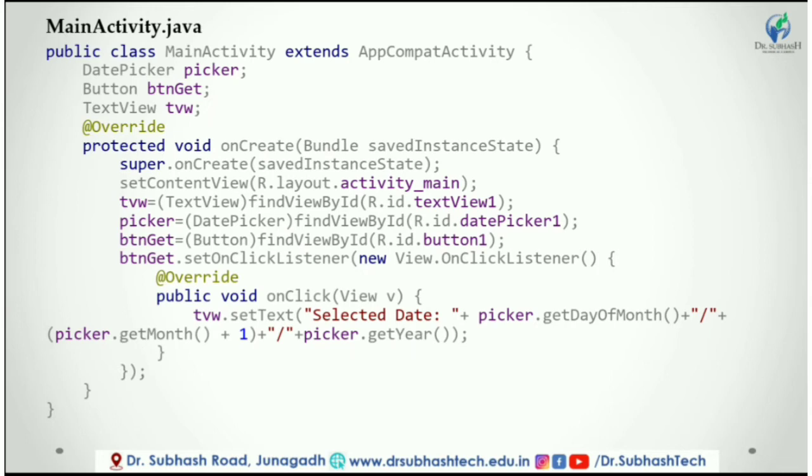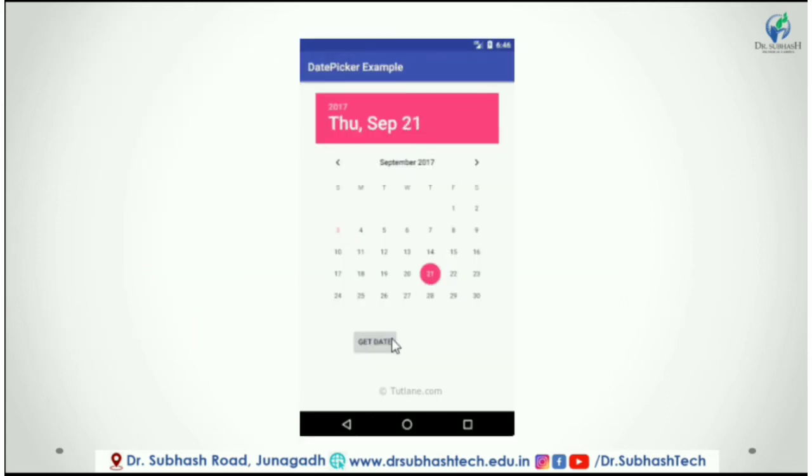And the button's click event contains the methods getDayOfMonth, getMonth and getYear, which will return the day, month and year. And how the output looks is like this: we select the date from the date picker and after clicking get date, the text will display the selected date.